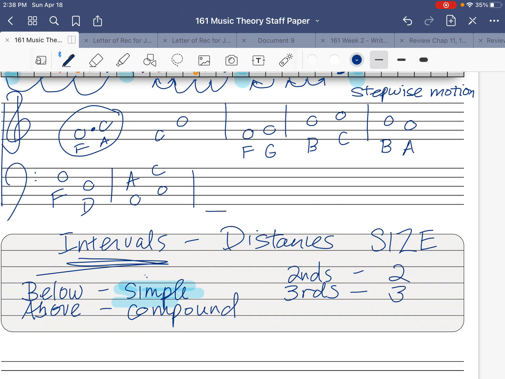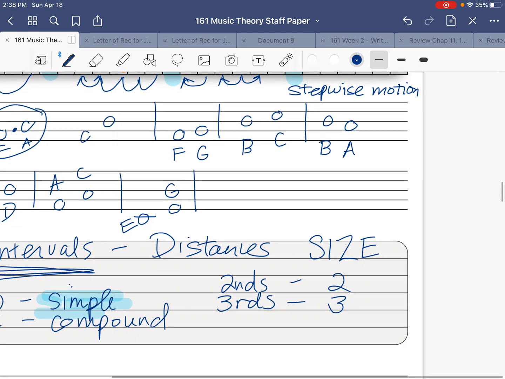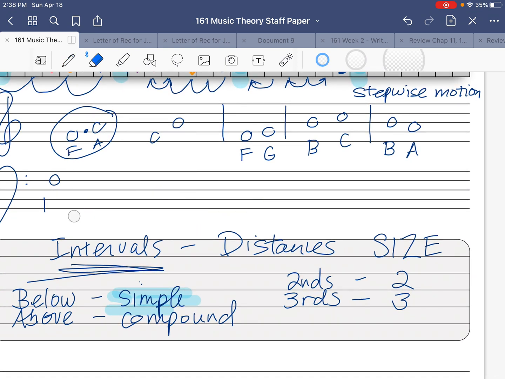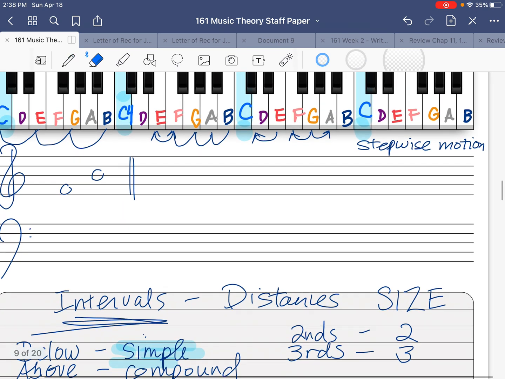How about if I use some ledger lines? That would be E to G. That's also a third. After the thirds, and I'm actually going to clean some of this up here, you guessed it, we get to fourths, and fourths look like this. Fourths are a little bit wider, and fourths are going to skip